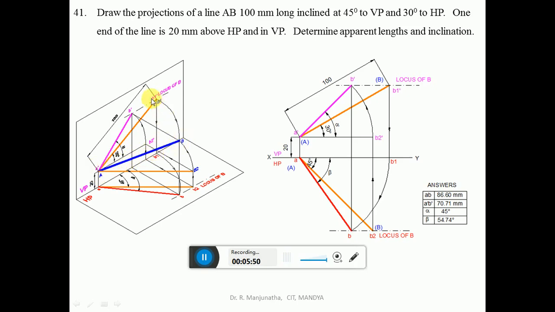So when you rotate B1 with respect to the point A, such that it comes onto this locus of B, you are going to get this point. So this point will move from this point to here when it is rotated in space. Actually the image, when you look from the top view, will be rotated from AB1 such that it cuts the locus of B in the top view here. So you are going to get this point B, then join A to B with a dark line.